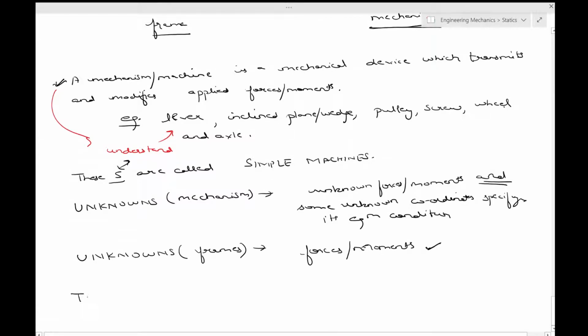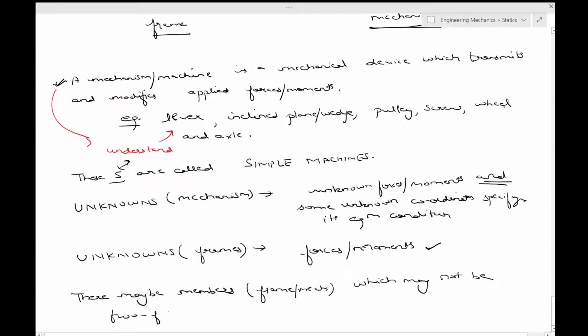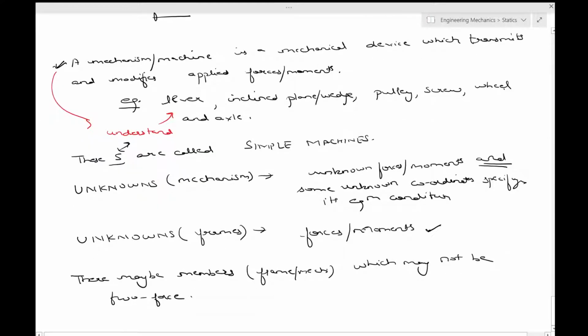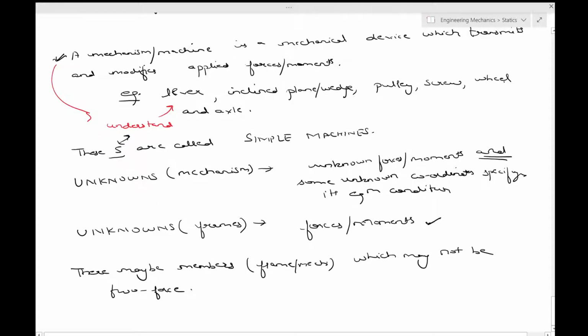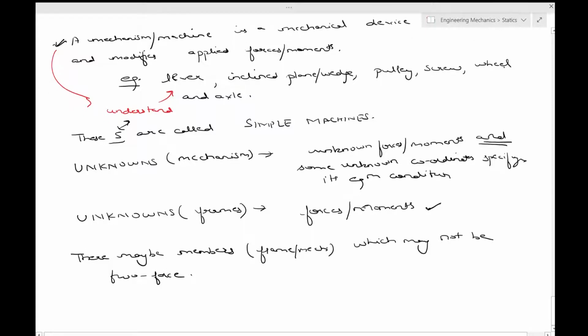So there may be members either in a frame or mechanism which may not be two force. So that will automatically slightly complicate, and if there are two force members, you should identify them first and write those relations immediately, because they help in solving the problems much more easily. Okay,